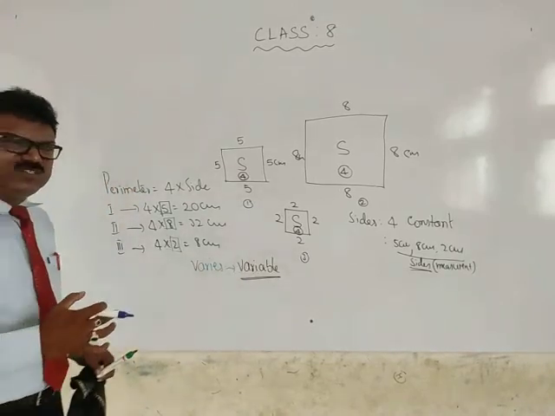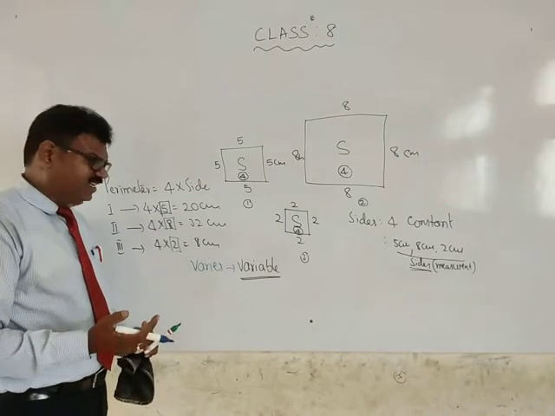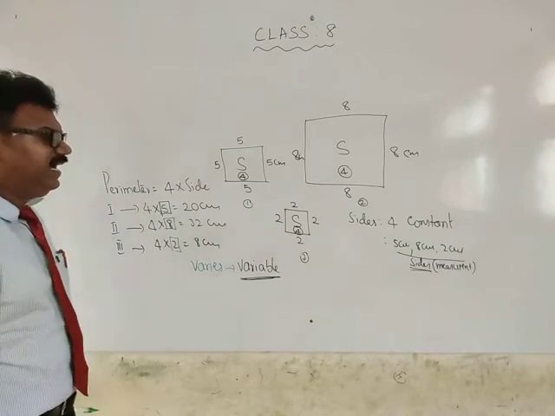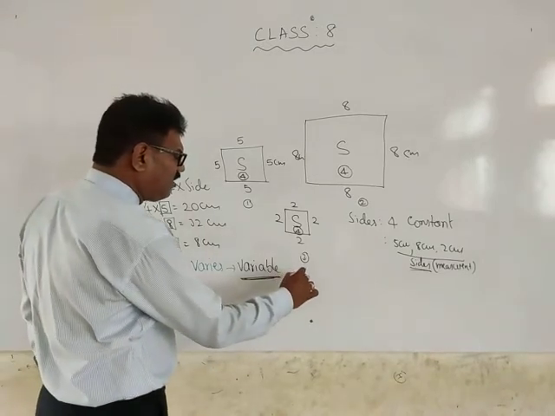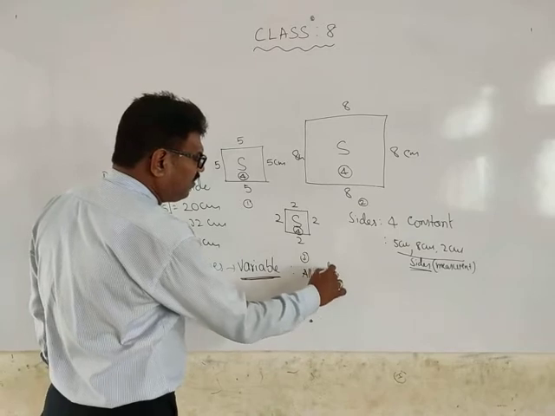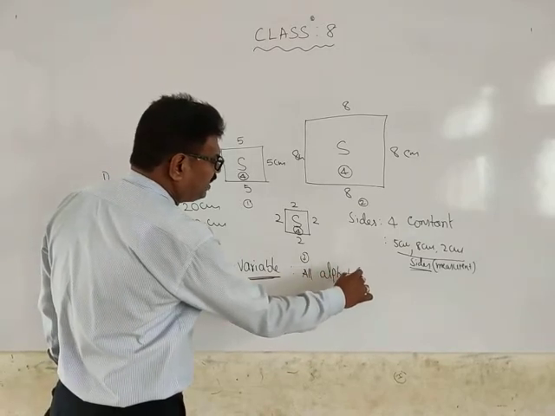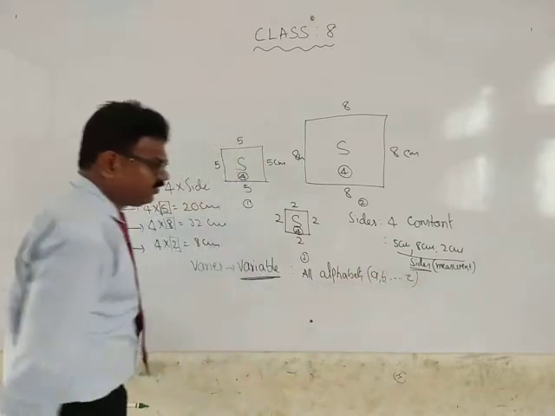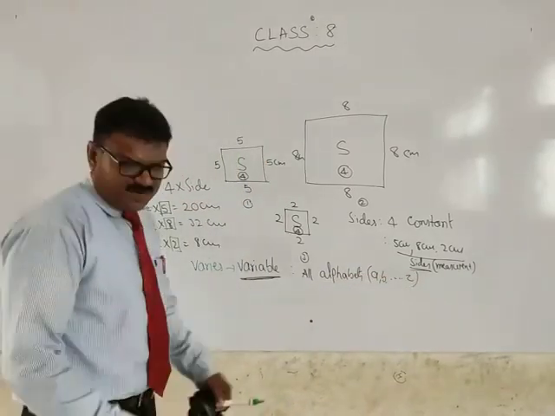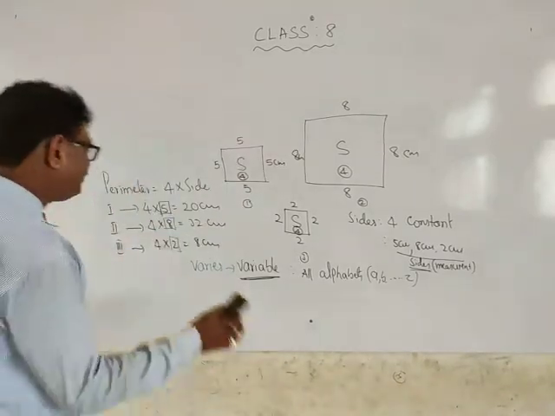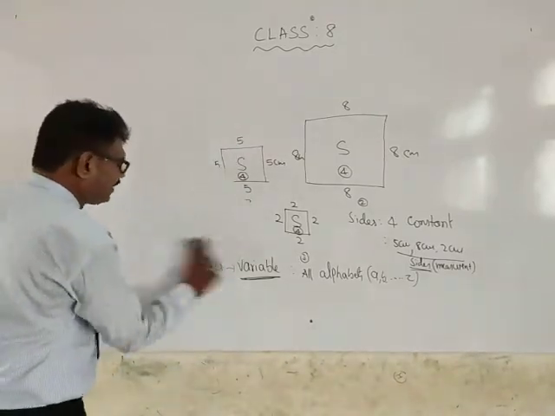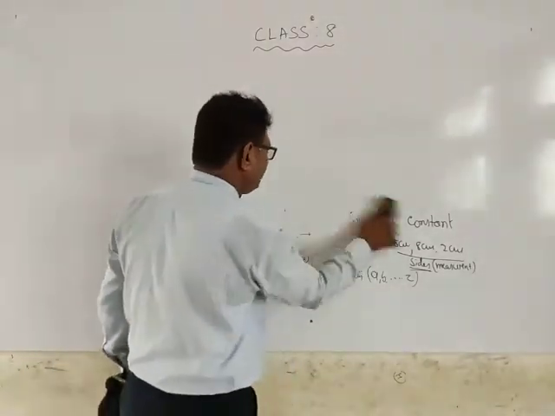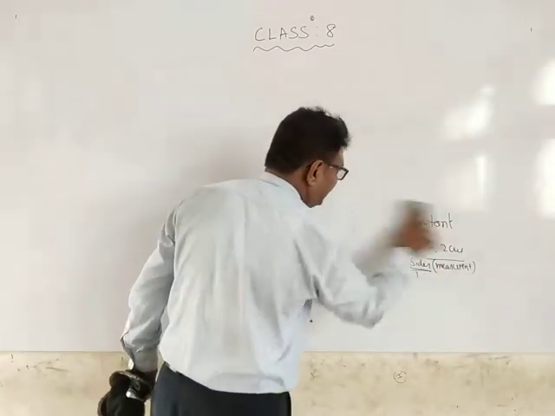If the value is going to change in some cases, then we call it a variable, and it is represented by alphabets. Which alphabets? A, B, like this till Z. And constants we represent only by numbers. Right. Now we came to know what constants are and what variables are.